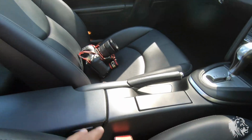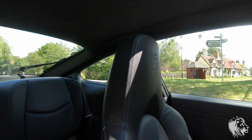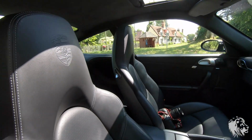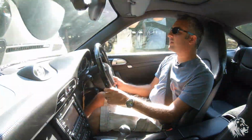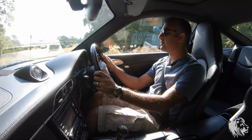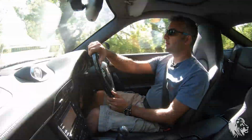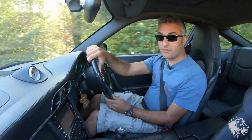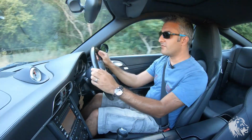How this came out of the factory was perfect for me. I don't think you need to mess around with things to make it better in terms of styling, in terms of tech, anything. It's just sublime. It's got 473 horsepower, which is powered through the four-wheel drive system, and it means it will do 0 to 60 with the Tiptronic box, which is slightly quicker than the manual. It will do 0 to 60 in around 3.7 seconds, which I think by modern standards is very, very decent